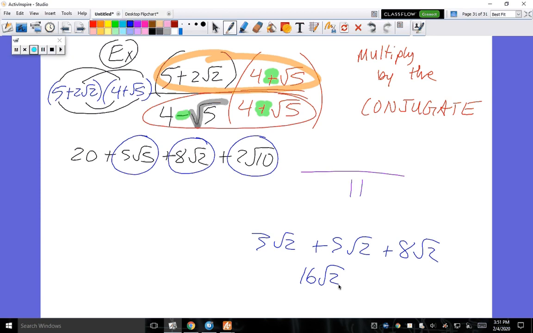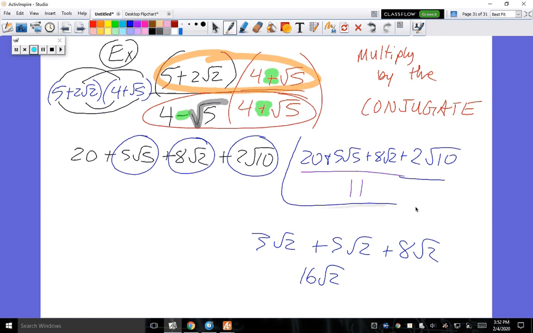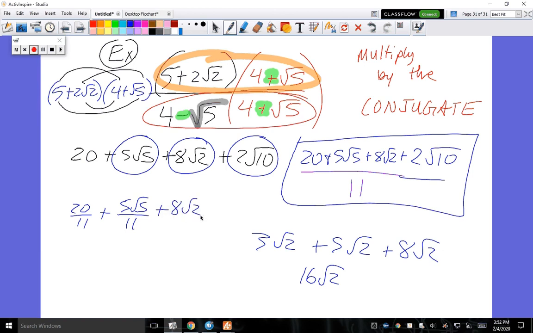So, none of these are the same. They're all over 11. So you could write it out, your final answer. Sometimes you will not be able to group stuff together. And this could be your full answer. I know, very gross, right? Or you could have written 20 over 11 plus 5 root 5 over 11, 8 root 2 over 11,